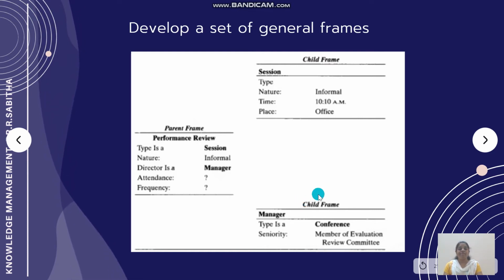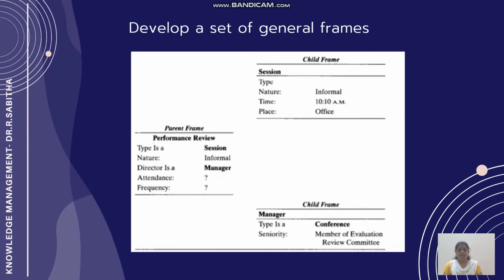This is how we will be framing. Based on the information that we gather from the knowledge expert, you can convert the knowledge into frames which can be easily codified and used for rule-based systems and case-based reasoning.